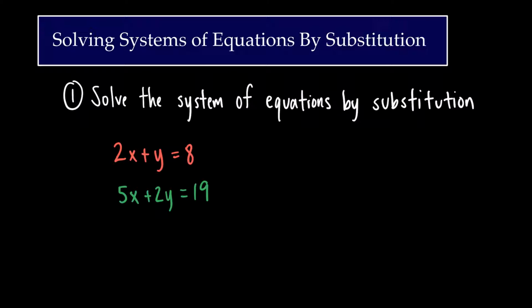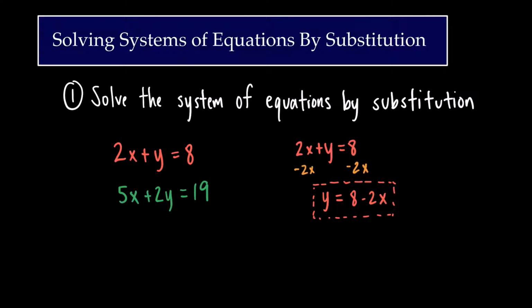So if we just take this equation over here, and we write 2x plus y equals 8, and we solve for y. If we get y by itself, then I'll subtract 2x from both sides. And we've got y is equal to 8 minus 2x. Okay, so this right here that I'm boxing in is telling us the exact same thing as this. It's just written differently. But what's interesting here is that I'm going to use the knowledge that y is equal to 8 minus 2x,